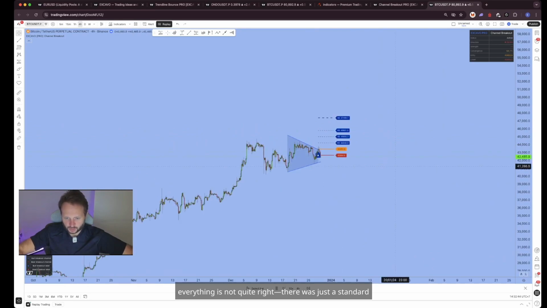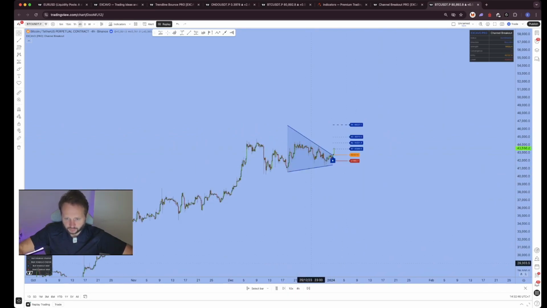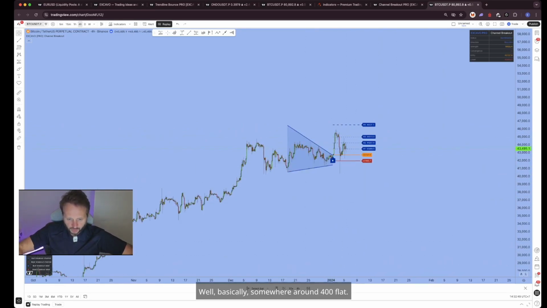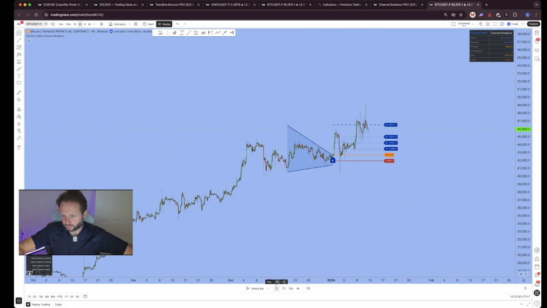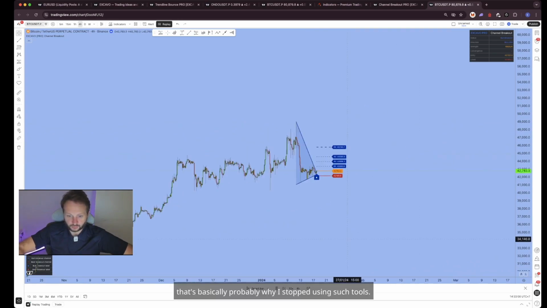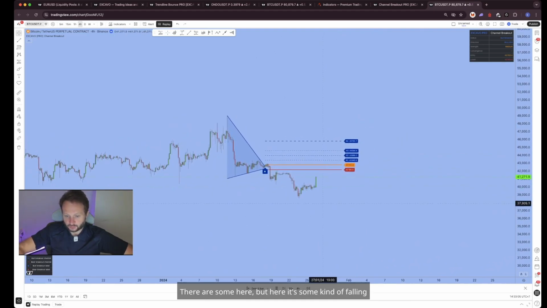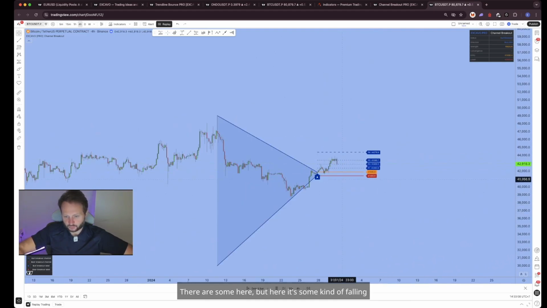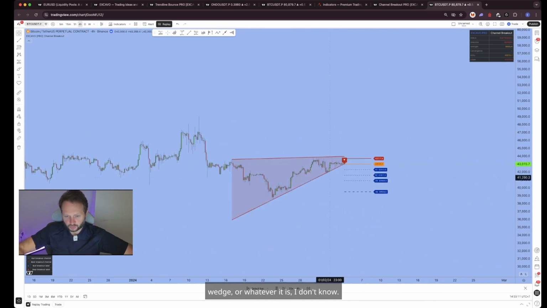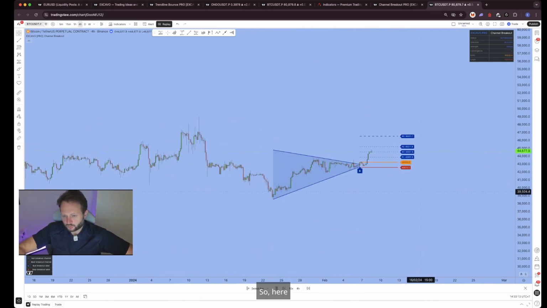There was just a standard setup for the third time, somewhere around 400 flat. With these triangles it just happened. That's basically probably why I stopped using such tools. There are some here, but here it's some kind of falling wedge, or whatever it is, I don't know. So here,